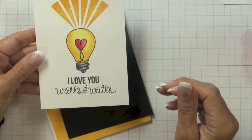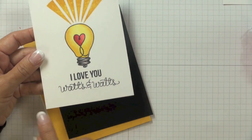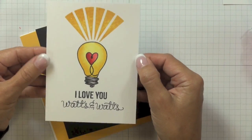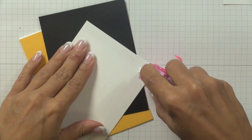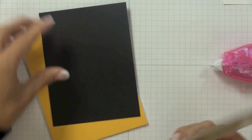And normally when I'm cutting, basically I look to see where there's the most space, and there was a lot of space in the bottom, which is why I cut the 1/4 inch off there. But because I had centered my image very well, I needed to cut an even amount off both the left and right sides. So I'm going to just use some double-sided adhesive now, and I'm going to center and stick